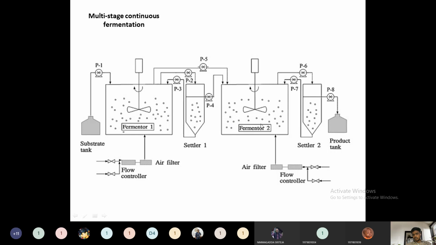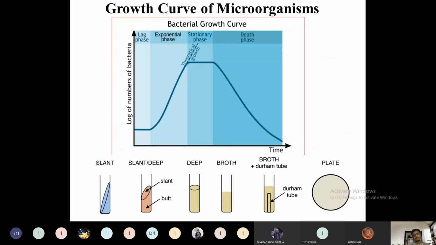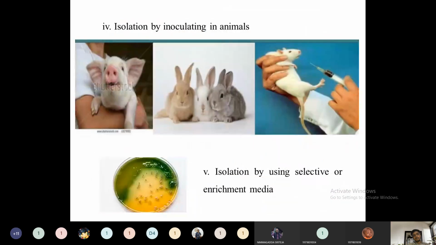They need not be a dual type of process. They can be a multi-fermentation process. If you consider there are 6 types of fermenters in the multi-fermentation process, then we want 6 types of microorganisms. For the 6 types of microorganisms, we have to use 6 different inoculation mechanisms. So that's what regarding this continuous fermentation process.